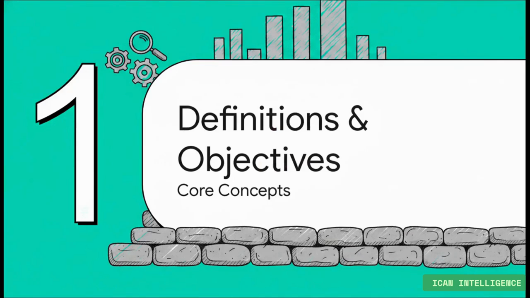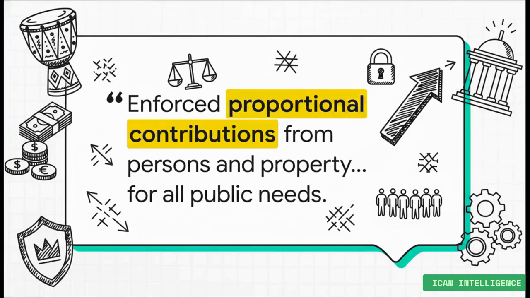Right, Section 1, Definitions and Objectives. Let's lay down the core concepts. Interestingly, the Nigerian tax laws actually don't explicitly define the word tax. But as an exam candidate, you absolutely must know the accepted definitions. Thomas Cooley defines it as enforced proportional contributions from persons and property levied by the state for all public needs. Now, compare that to the Black Law Dictionary, which calls it a monetary charge imposed by the government levied to